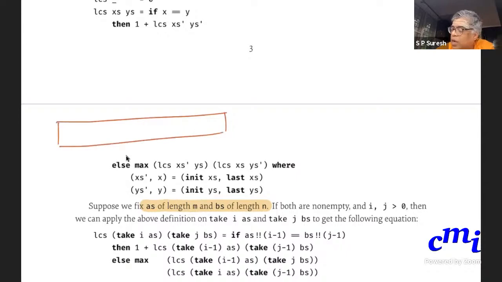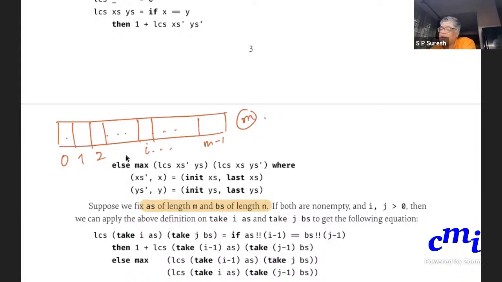If you have a list of length m, let us say, what are the positions? 0, 1, 2, ... m minus 1. Suppose you do take i of this, so let's say this is i. Take i will return what all elements? 0 to i minus 1.